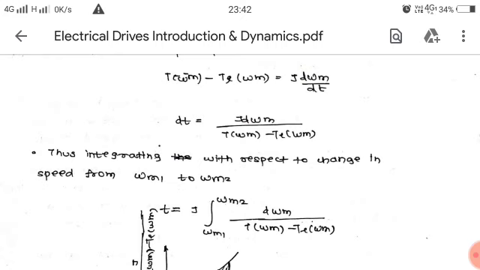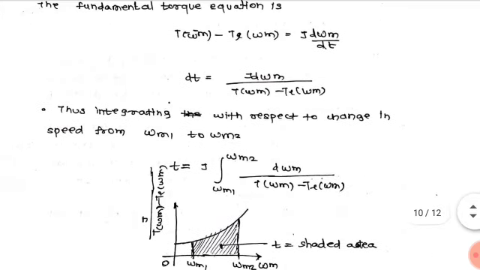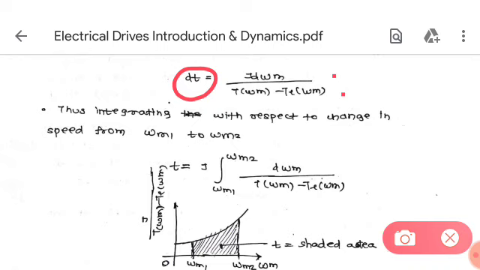Just rearranging the terms to get the dt term. dt is the difference in time, and we have just rearranged the terms. Now to remove this difference of time, integrating on both sides, we get the equation of time. So now we got t equals J times the integral from omega m1 to omega m2 of d omega m divided by (T minus TL),